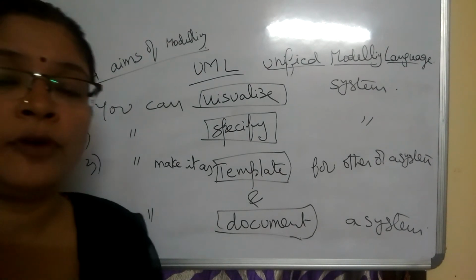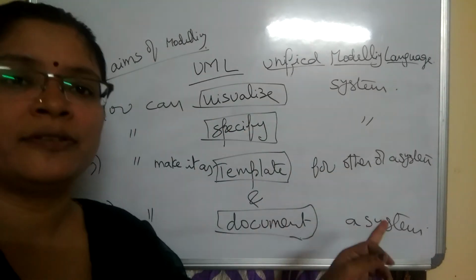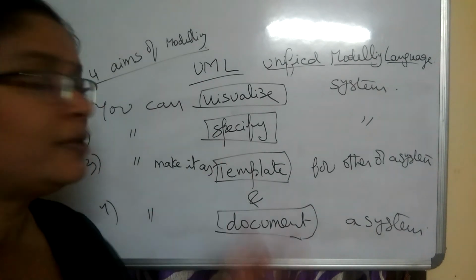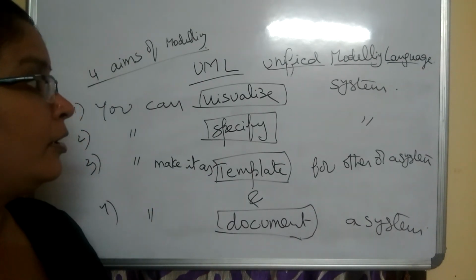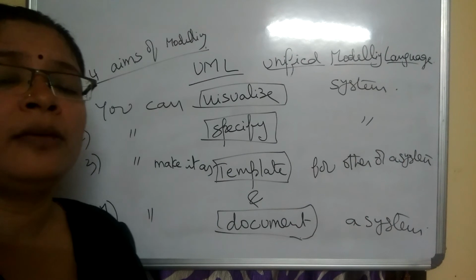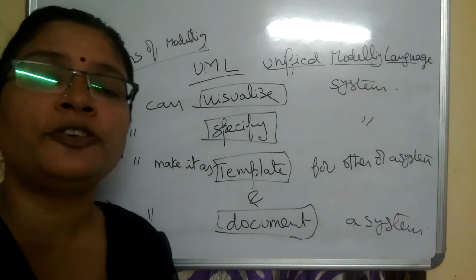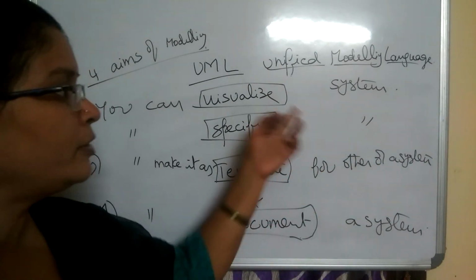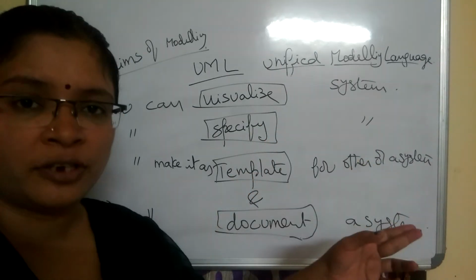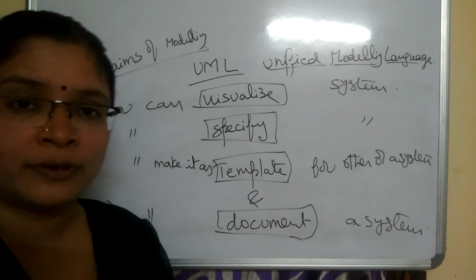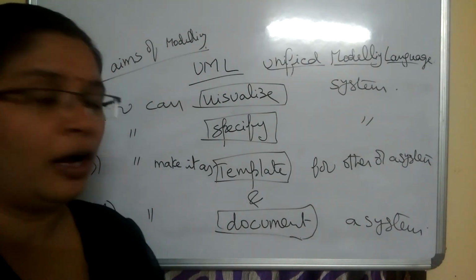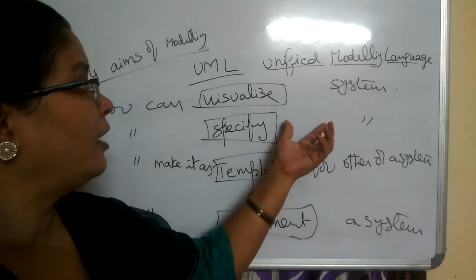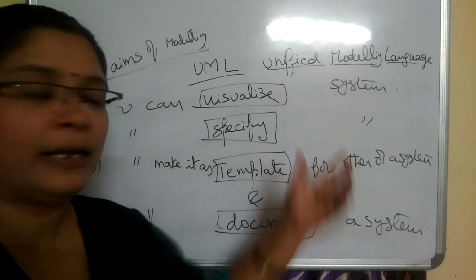See, by using the unified modeling language, you can visualize the system. How in reality, how it would be. Okay, so easily you can visualize the system. The next one is you can specify, are there any important things or important considerations within the system, you can specify within the model itself. So using the model, you can specify the system. What are the important components in it? What are the various things in it? What are the important elements in it? You can specify with the help of the specification of the modeling itself.